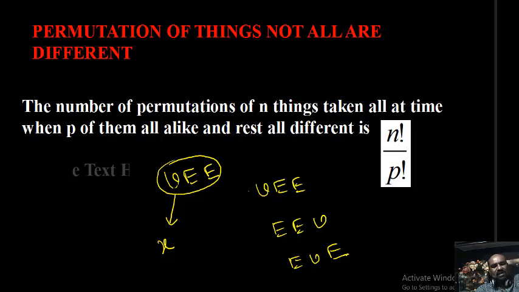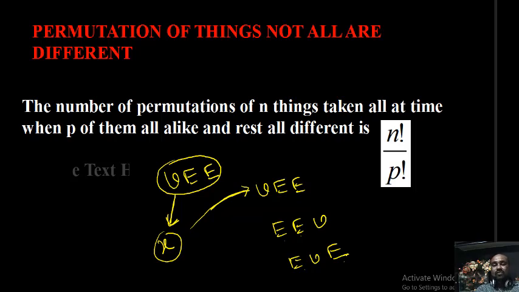By using the letters of the word VEE, how many different 3 letter words can you create? Practically, I got 3. Let us assume that you don't know how many. Let us assume that there exist x such permutations. Here x means 3. From this x, choose any one of them. Each permutation of this x contains 2 E's. Observe, this also has 2 E's, here also 2 E's. Each permutation of x contains 2 E's.